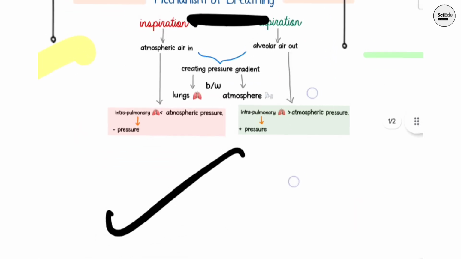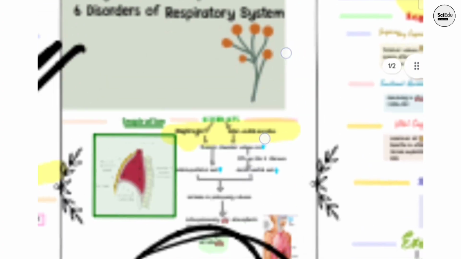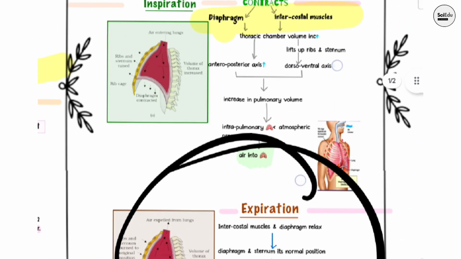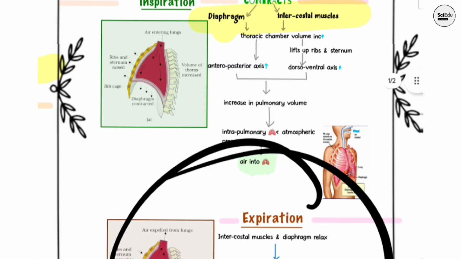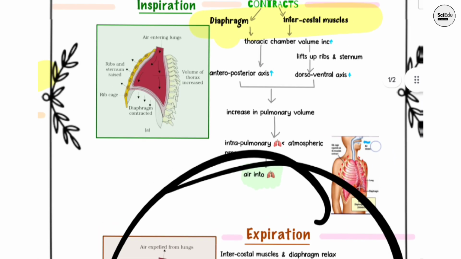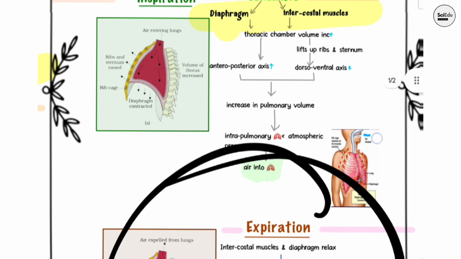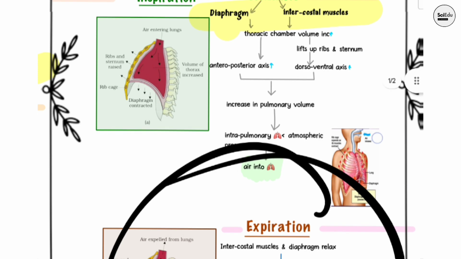The diaphragm and a specialized set of muscles, external and internal intercostals between the ribs, help in generation of such gradients. Inspiration is initiated by the contraction of diaphragm, which increases the volume of thoracic chamber in the antero-posterior axis. The contraction of external intercostal muscles lifts up the ribs and the